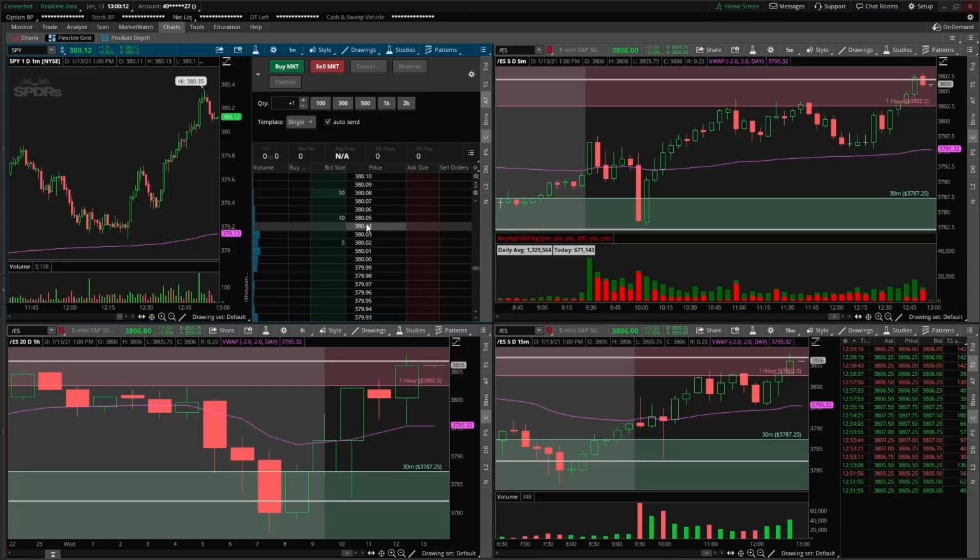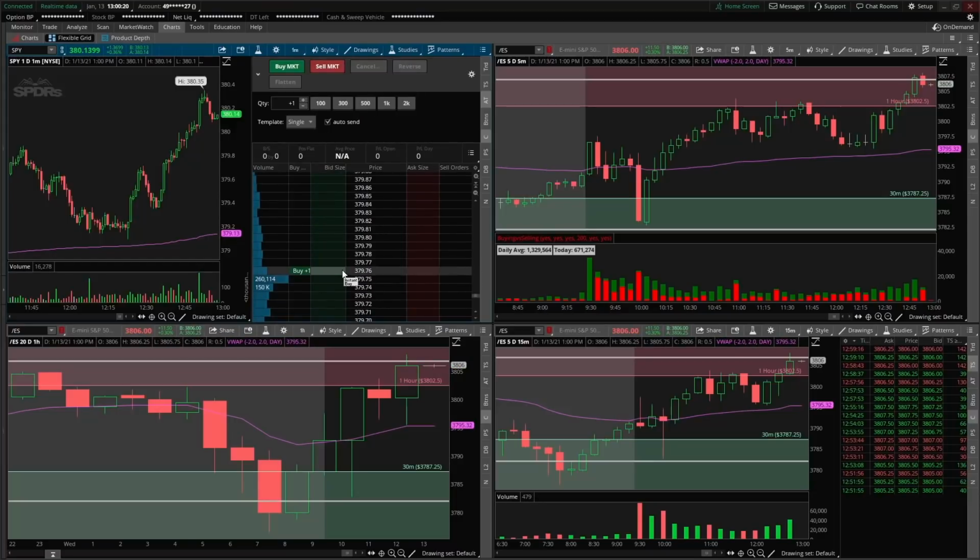But if I wanted to buy one share, and just in this case, obviously the bid is at 12 cents and the ask is at 14 cents. So I'm just going to go all the way down so I make sure I don't get filled. But if I was looking to play one SPY contract or one SPY share,